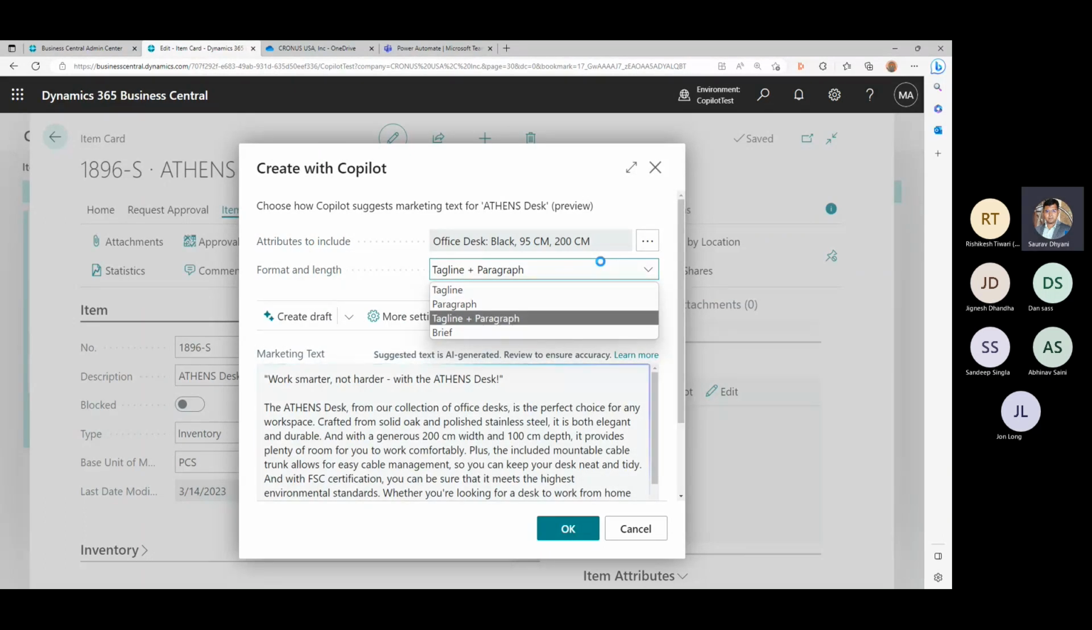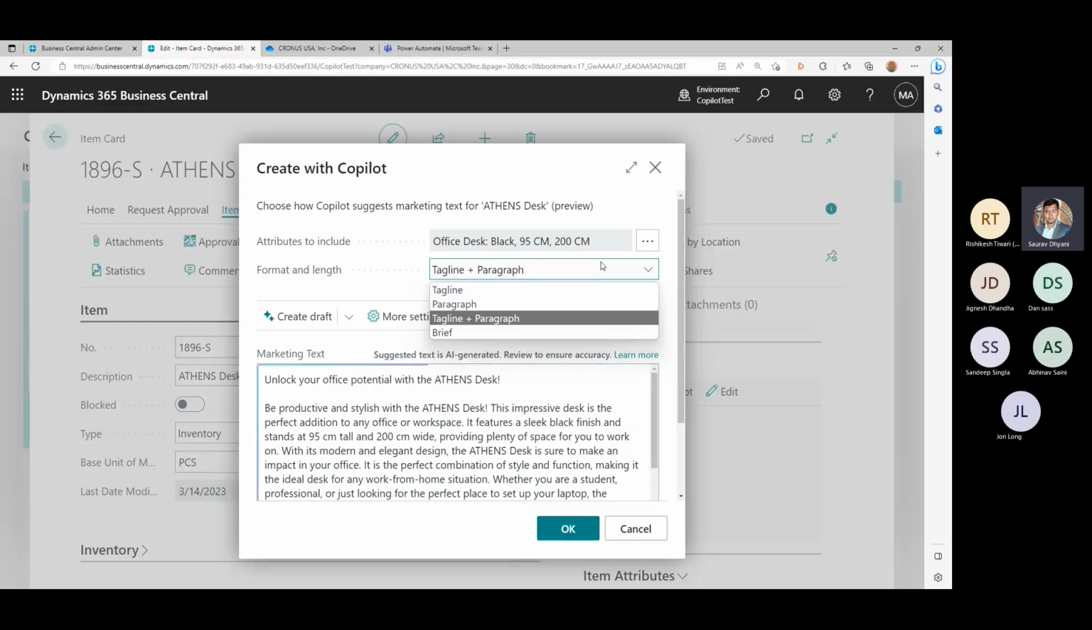Are you looking for a tagline or a paragraph or both of them or just a brief summary of the text? These are the options, and they kind of control how much you get. A tagline would be a catchy phrase or a short sentence that identifies that item, whereas a paragraph will be a detailed description of it, and then brief will be an introductory statement for it. So let's try tagline